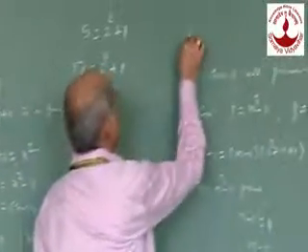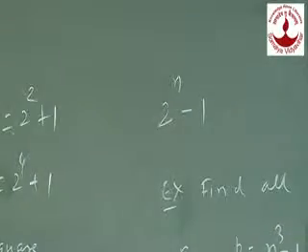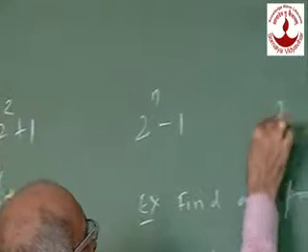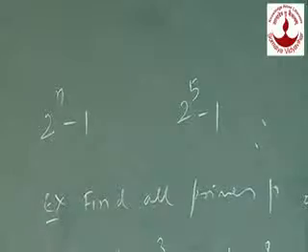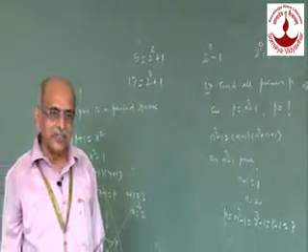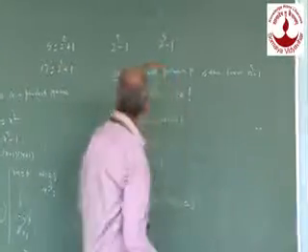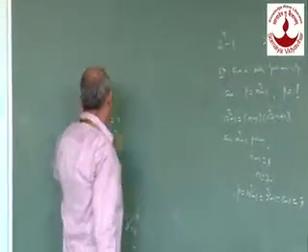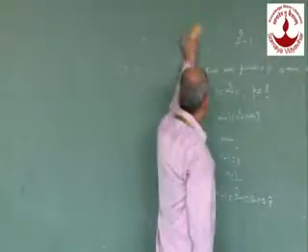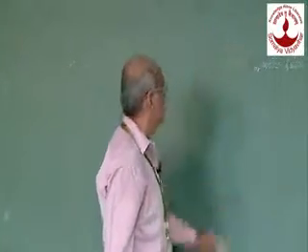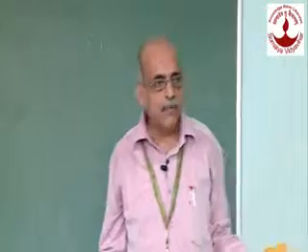Again, can you have primes which are power of 2 minus 1? Let us take 2 raised to 5 minus 1. 2 raised to 5, 32. 32 minus 1, 31. 31 is prime. Again, how many primes? There are infinite primes. So, with all this discussion, you have seen what primes are, what a few primes are, what twin primes are, and the speciality of the primes 3 and 5.